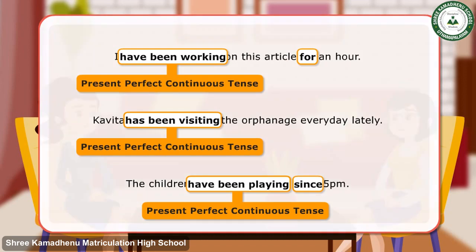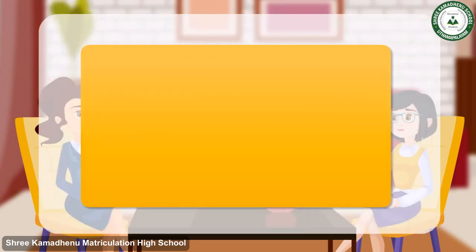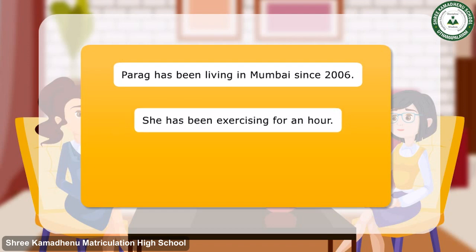Here are a few examples of sentences with verbs in present perfect continuous tense. Parag has been living in Mumbai since 2006. She has been exercising for an